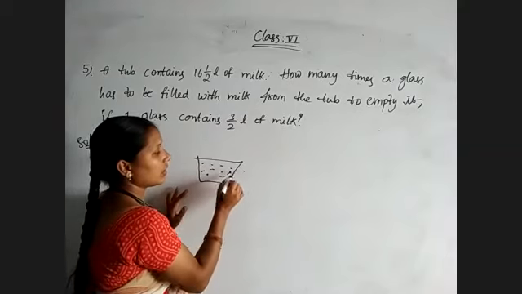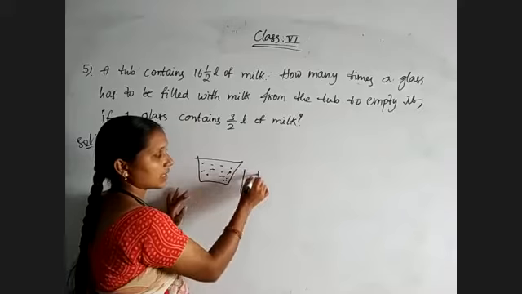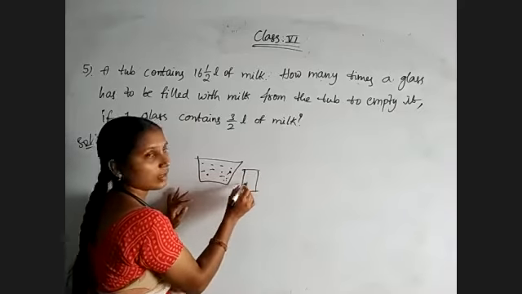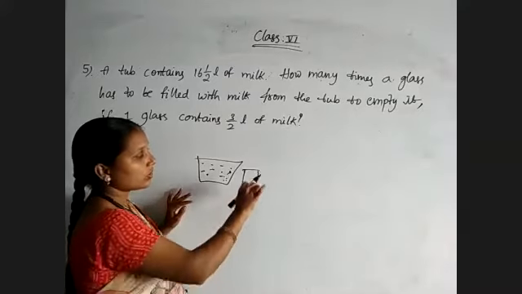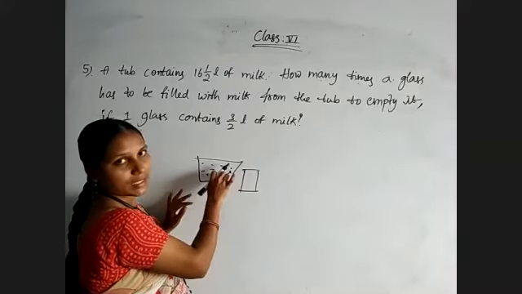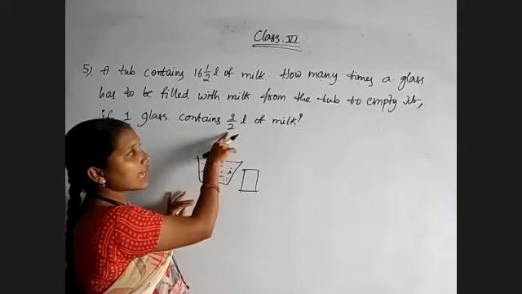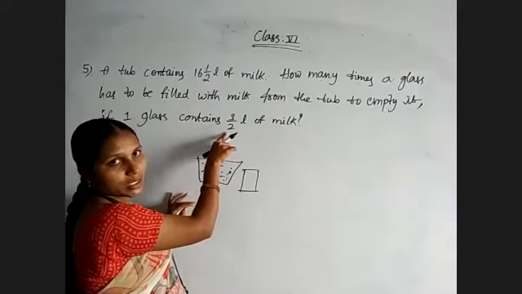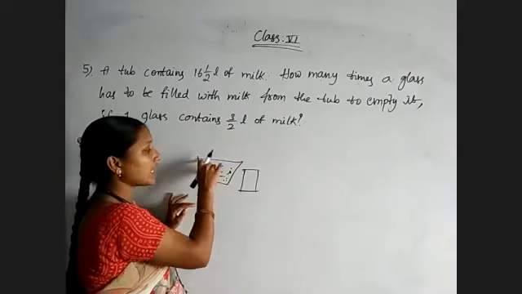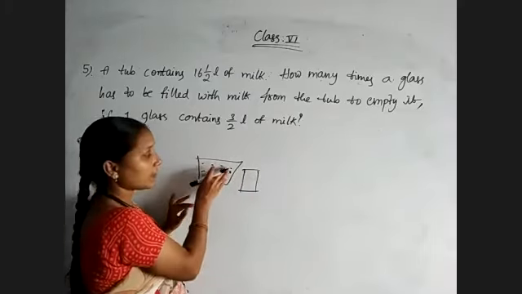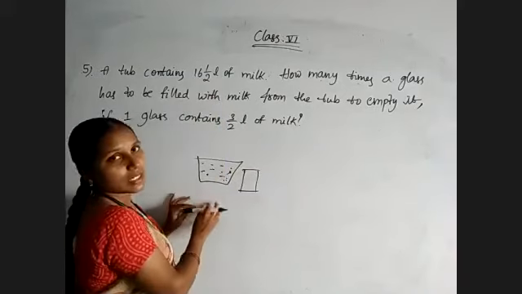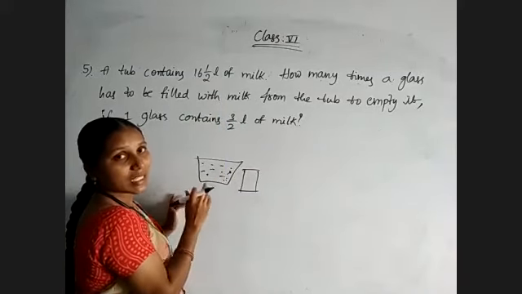So means how many times you need to take that one? See, from the biggest can you need to take, you are using smaller thing to empty this part. Okay, and that glass capacity is 3/2 liters. Okay, means how many times you need to use that 3/2 liters of milk to empty this 16 1/2 liters of milk. That is nothing but a division.